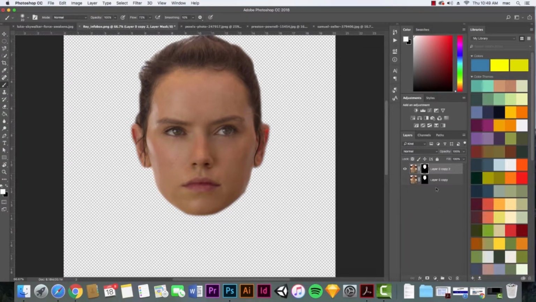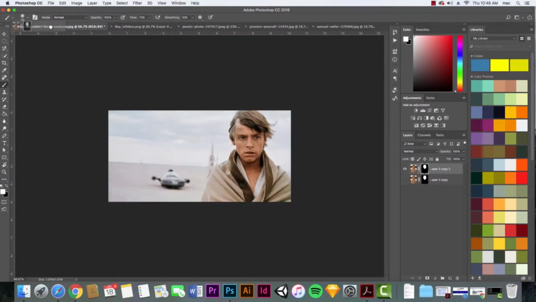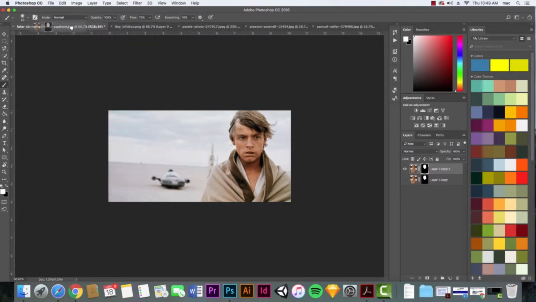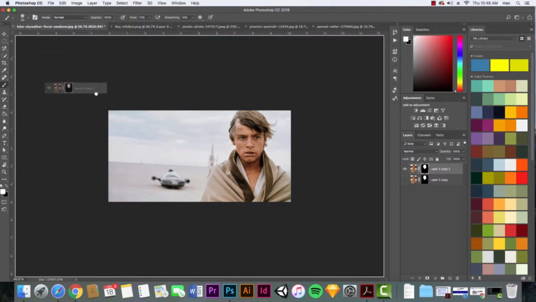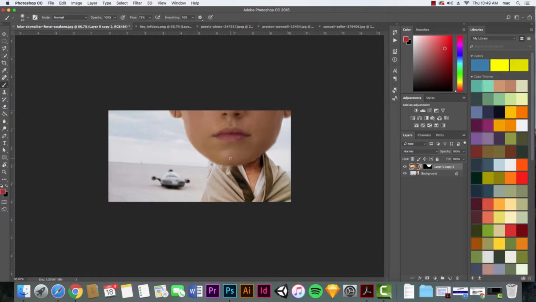So I could crop this down, but I'm just going to take this layer. I'm going to click and hold, and then I'm going to drag it and keep, you can't let go yet. You've got to keep holding. And then you'll go from the Rey to the Luke Skywalker, which will pull his image up. And then you're literally, with it still held, and you can see the hand is still holding it, drop it on him. If it didn't work, it's because you didn't hold on long enough